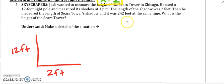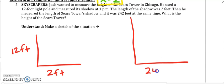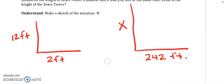Then he measured the length of the Sears Tower shadow, so we have this huge Sears Tower shadow, and the shadow is 242 feet at the same time. So the time doesn't matter, it just matters that it's at the same time. What is the height of the Sears Tower? So here we go, we're all in feet, we're good. And so now we're going to set up